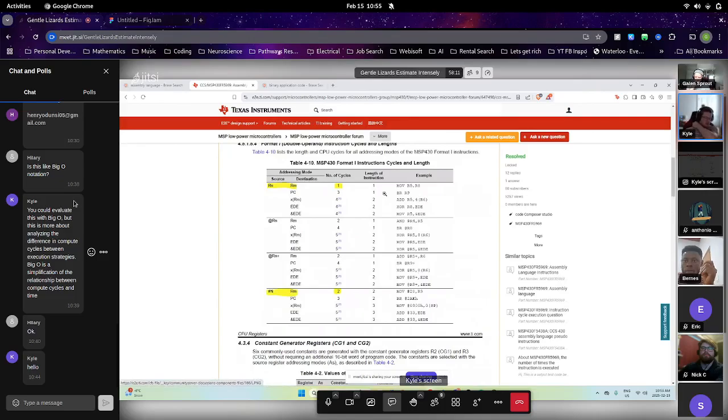Like Galen was mentioning, provisioning a new thread might take like 2,000 compute cycles, whereas an addition typically takes one or two, like two here for an AND.